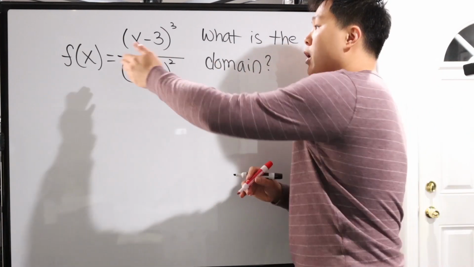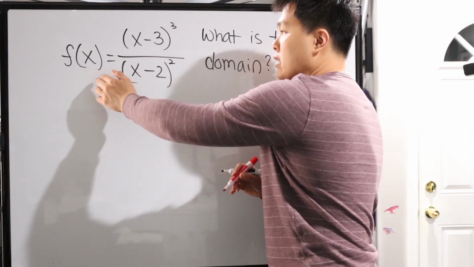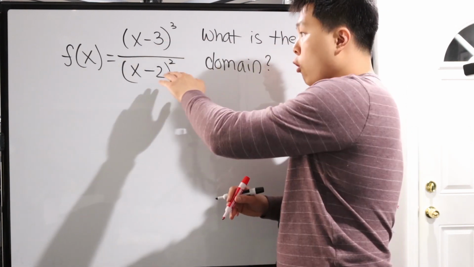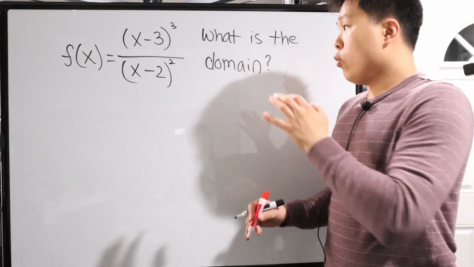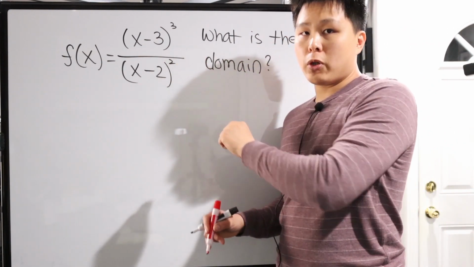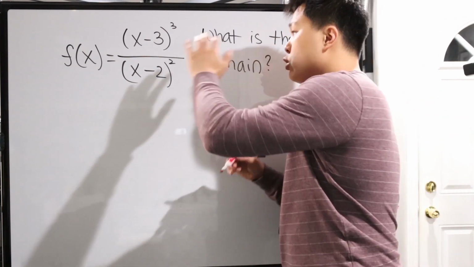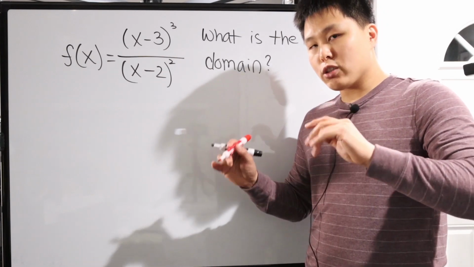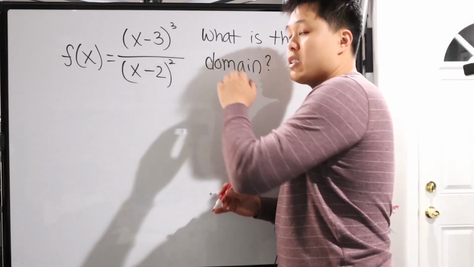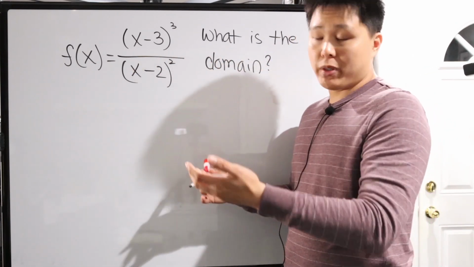For today's problem, we have this right here. f of x equals (x minus 3) cubed over (x minus 2) squared. What is the domain? Now, when we see a problem like this, especially with exponents, our first instinct might be to distribute everything, multiply it all out, and work from there. Actually, that makes our lives a lot more difficult with this problem specifically, and probably other ones that are very